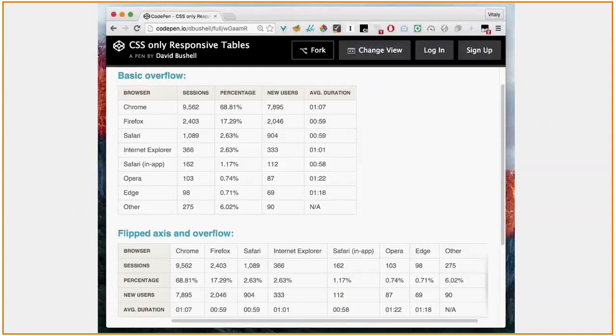But here you see that nothing actually changed. Nothing is changed because all the tables are large. So, for example, the second table, flipped axis,